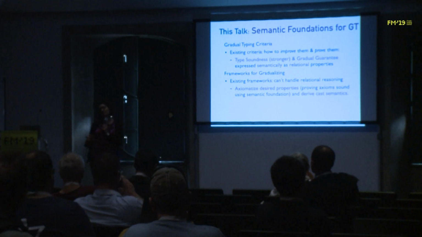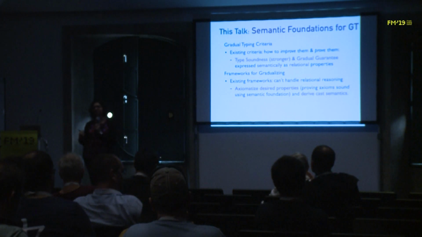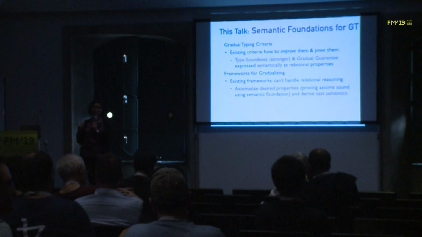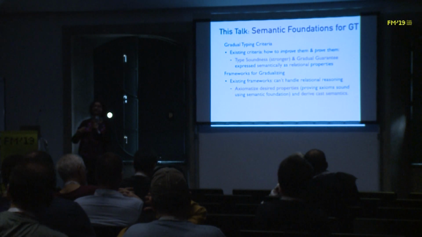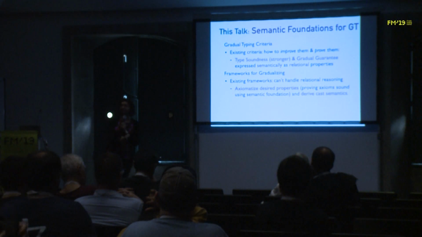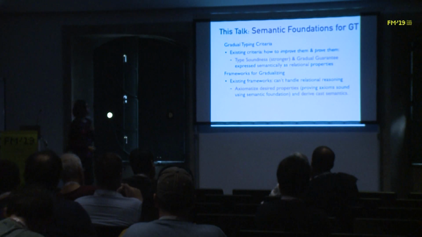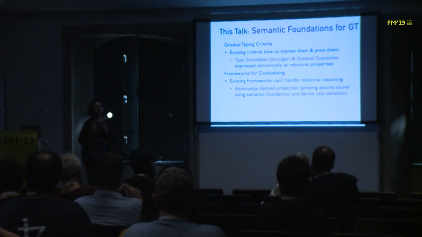And in both of these contexts, the recipe that the AGT framework provided basically fell apart. And at that point, in order to get the appropriate relational reasoning, the designers of the languages have to start from scratch again to try to come up with the right semantics. Okay. So what I'm going to be talking about is how can we axiomatize the properties that we